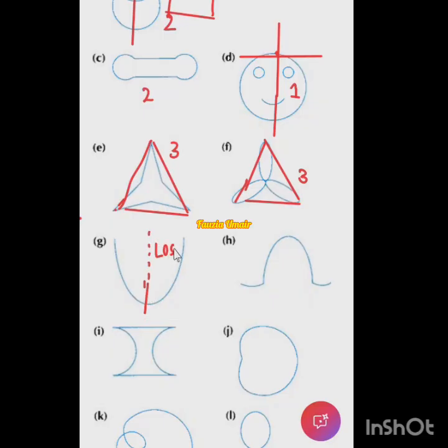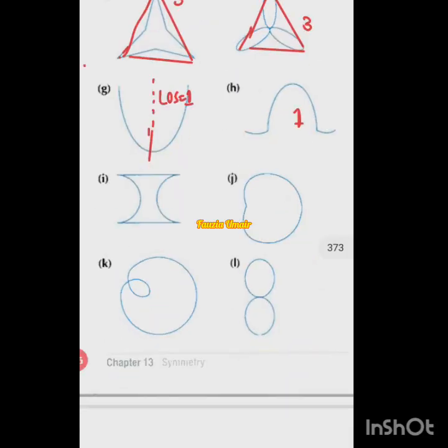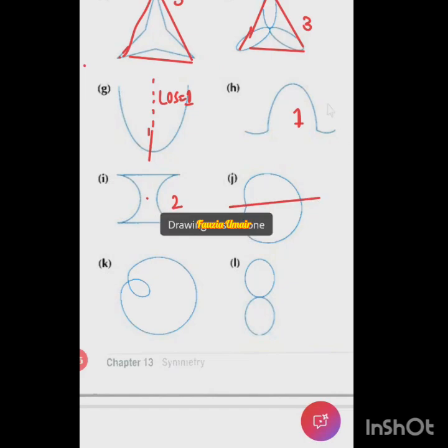What about this part H? One. What about I part? Ma'am, two. Two lines of symmetry. What about J part? One, which is like this, probably. Horizontal line. So what about K? Zero, ma'am. Why zero? If we divide it like this,